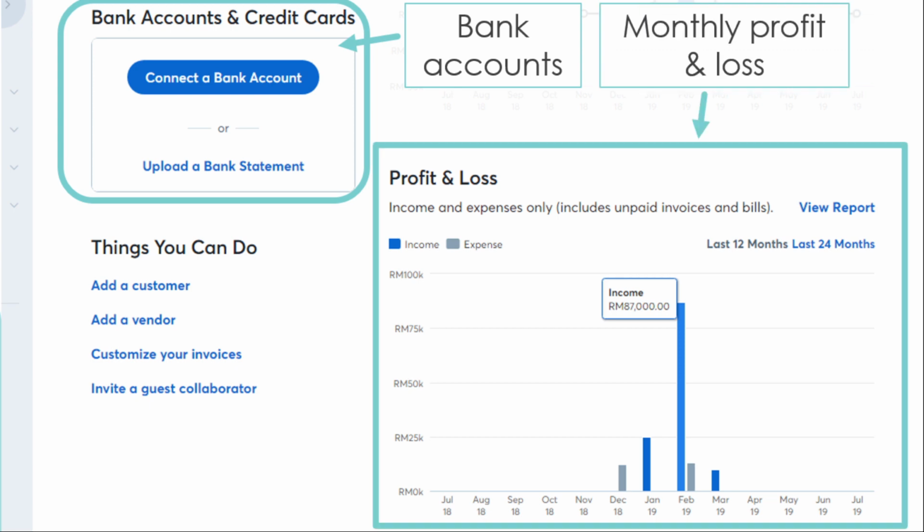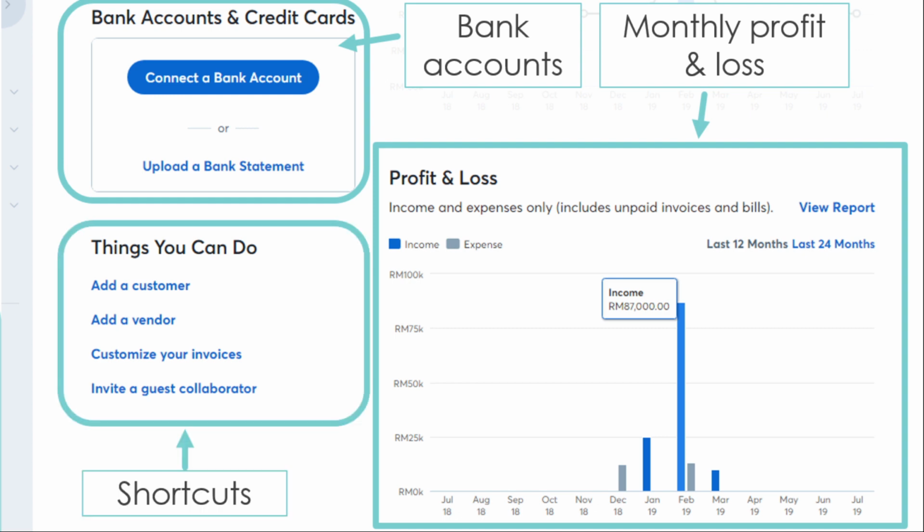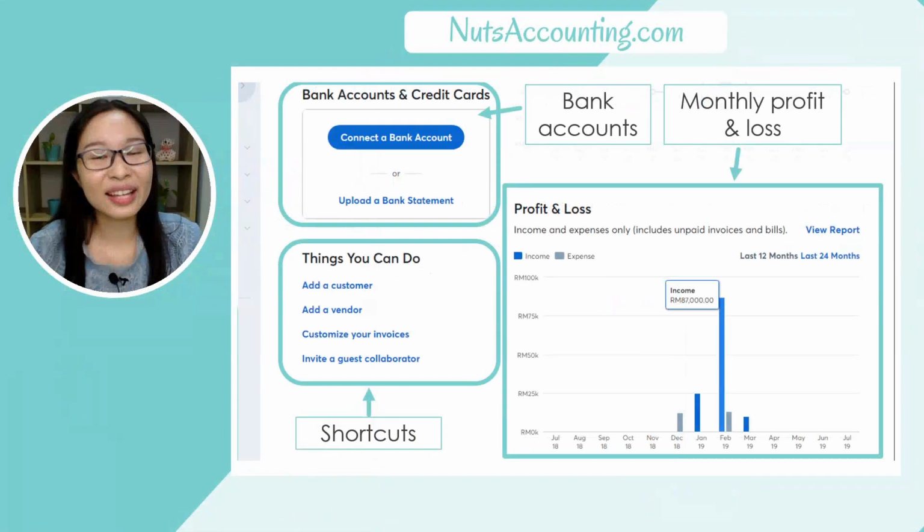This part here is your profit and loss, which is listed in a bar chart in a monthly format. So at a very quick glance, you can see which of the month within this year is the most profitable of all. And this section here, kind of like a shortcut of all the things that you can do in